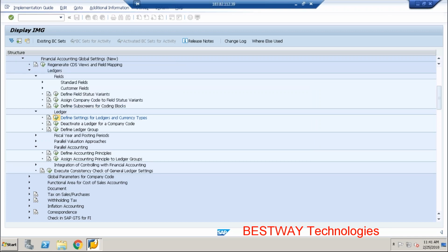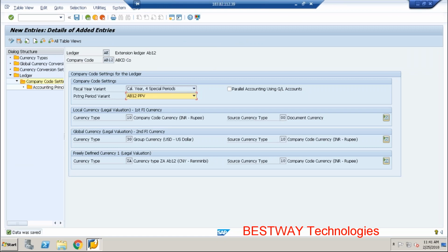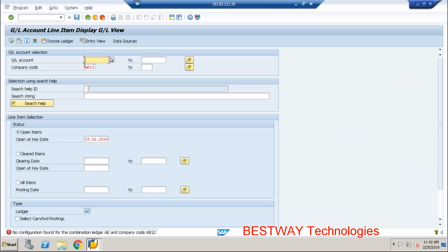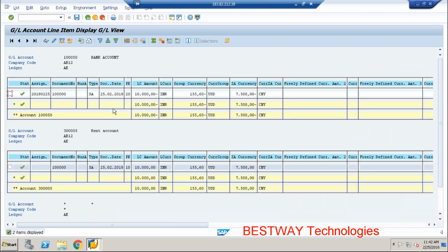The variant is there to specifically handle the extension ledger, where I have closed the January month and now want to do a posting. If I have a separate posting period, I can open the extension ledger and post, instead of opening my main ledger, because that may impact my business when posting other transactions. For that purpose. So if I execute now, in the extension ledger AE,